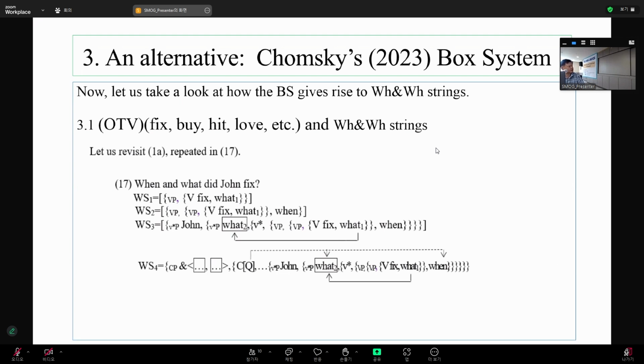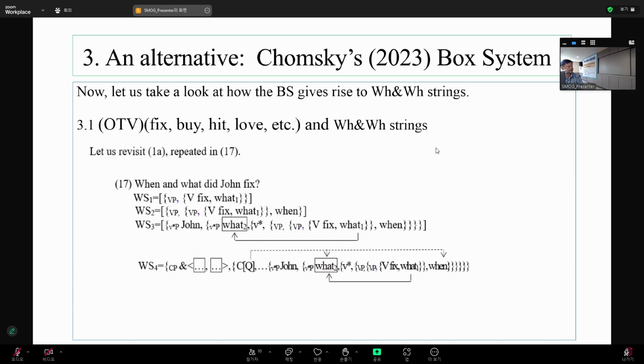First, the derivation of this sentence will proceed as follows. As you know, this verb is transitive, right? And this transitive verb will merge with the rest phrase object, right? Next, this when, the rest agent when, will merge with the existing VP, large VP. So we have in this case two large VPs. As you know, this CQ can consult this one.